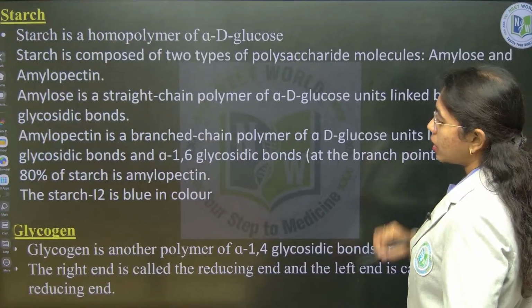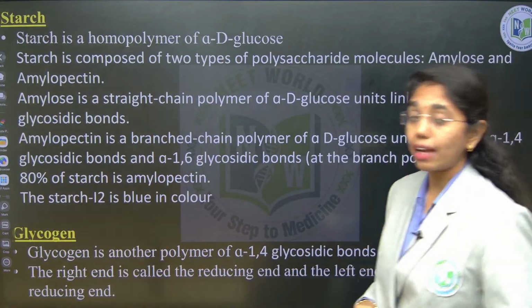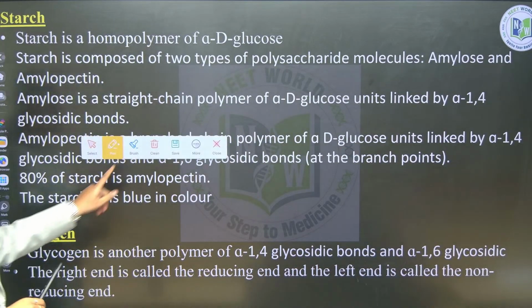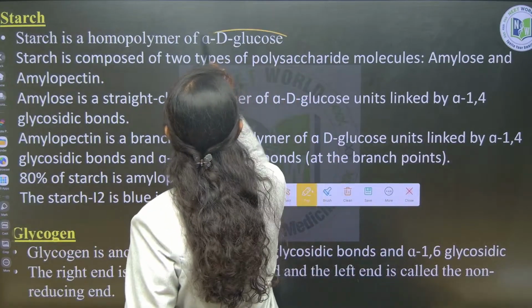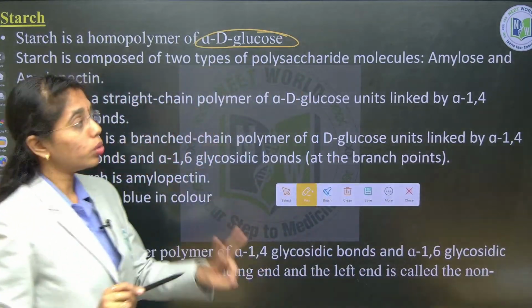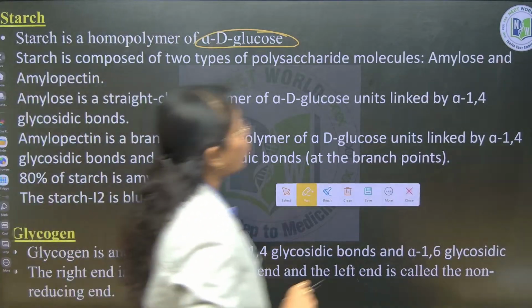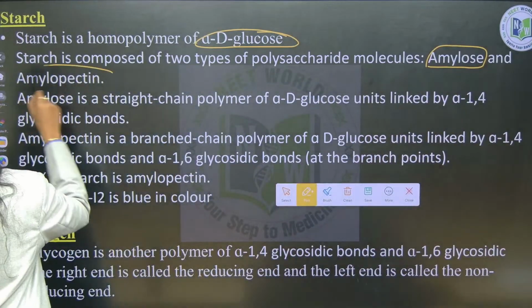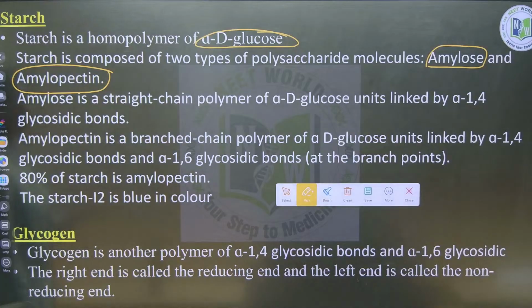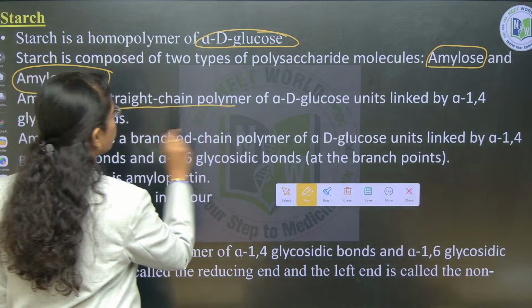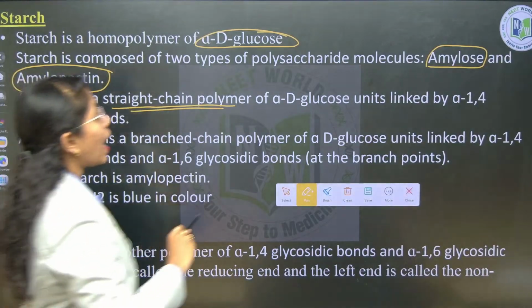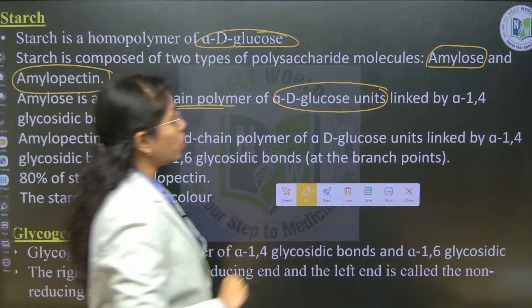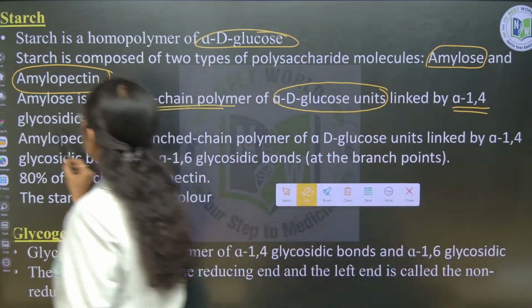starch. Starch is a homopolymer of alpha D glucose. Starch is composed of two types of polysaccharides. One is amylose and the second is amylopectin. Amylose is a straight chain polymer of alpha D glucose units, where they are linked by alpha 1,4 glycosidic